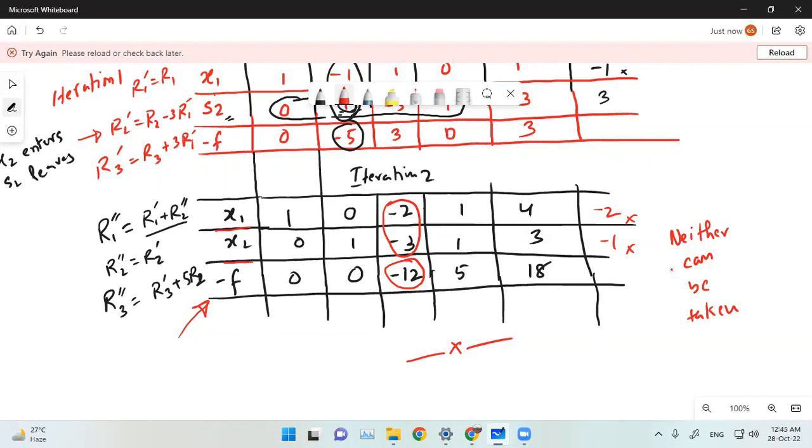So this was your example 2 of the simplex method in a very short video. So we'll try to see the last case,